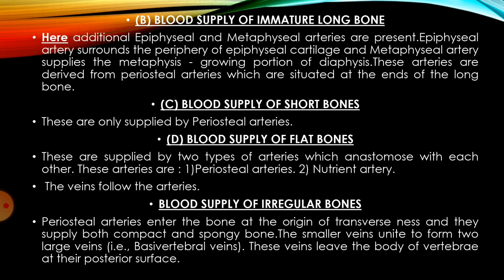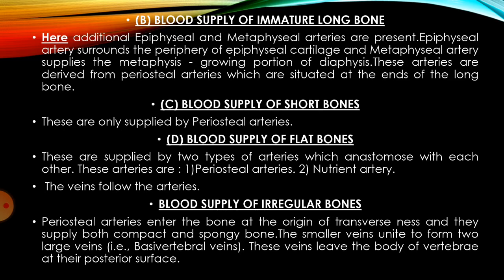Blood supply of irregular bones. Periosteal arteries enter the bone at the region of transverseness and they supply both compact and spongy bone. The smaller veins unite to form two large veins, basivertebral veins. These veins leave the body of vertebra at their posterior surface. So this is basically related to the